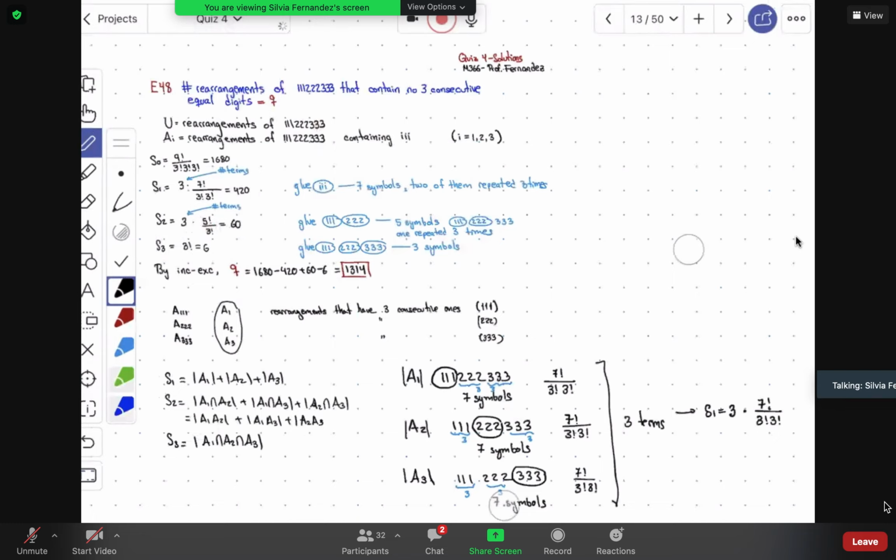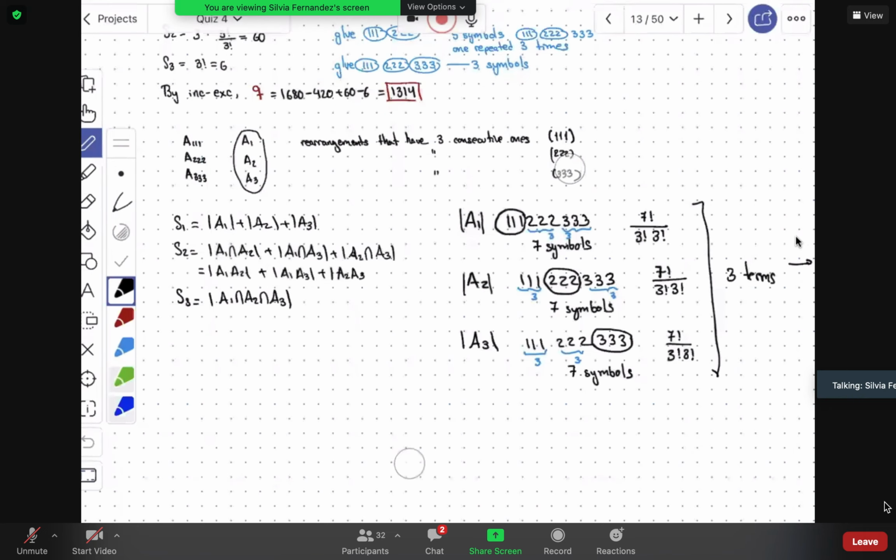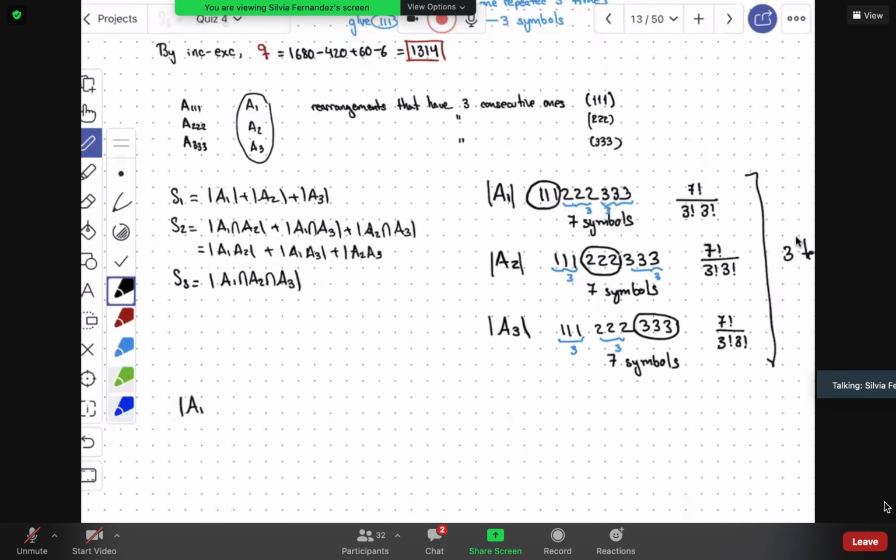What's the cardinality of, let's say, A1? You can just do one example. When you do A1 intersection A2, you're counting rearrangements of these 9 digits where these are glued together because they need to have all the ones together, and these are glued together, all the 2s are together, but the 3s can be anywhere. And so now I have 3 of those, so that's a symbol that's repeated 3 times, but